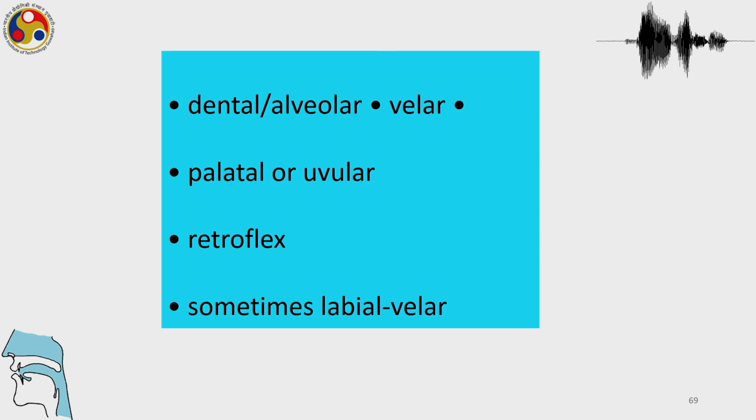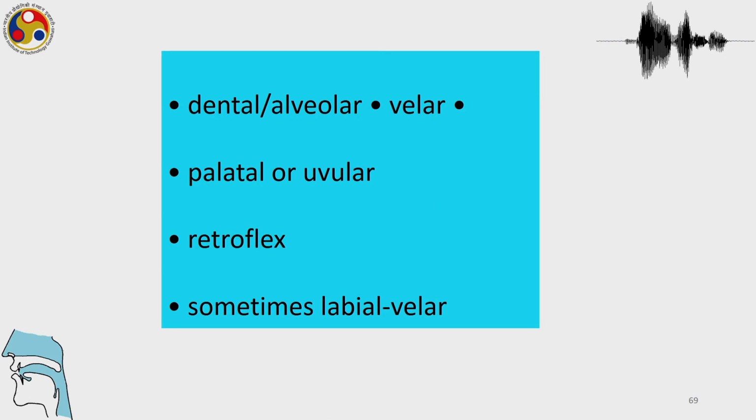And if there is a third contrast, then it's common to find the palatoalveolar, palatal or uvular if some languages have very many back contrasts. Then sometimes there is another place of articulation, that could be retroflex, and sometimes it could be labial velar. So these are the common patterns seen in the languages of the world, but as we have seen, there are so many variations that are possible among the places of articulation,